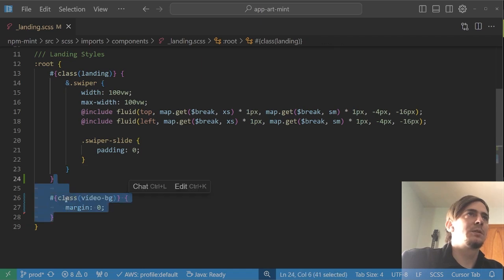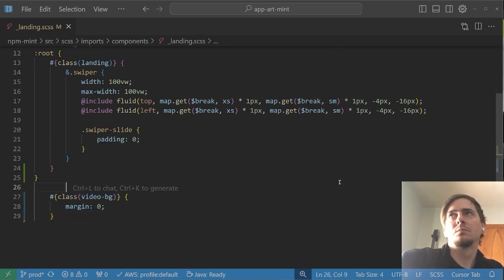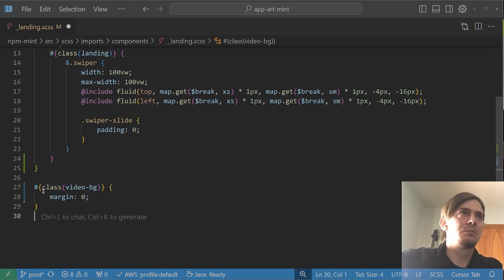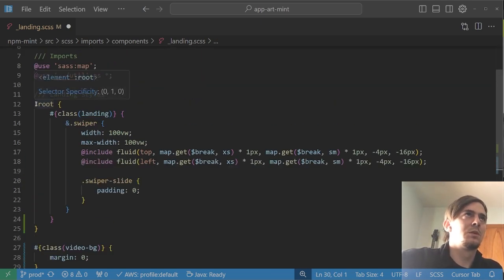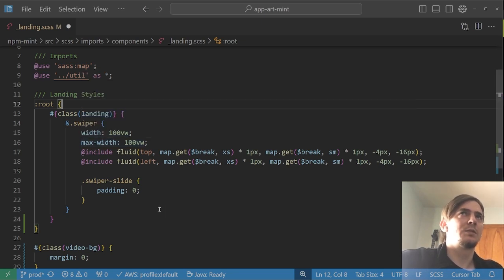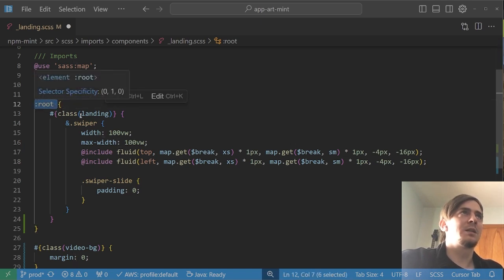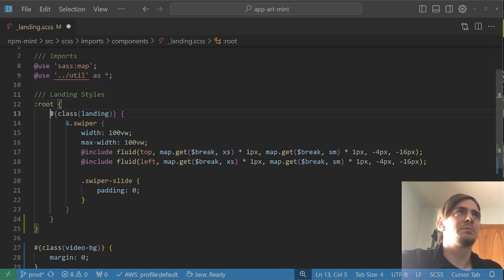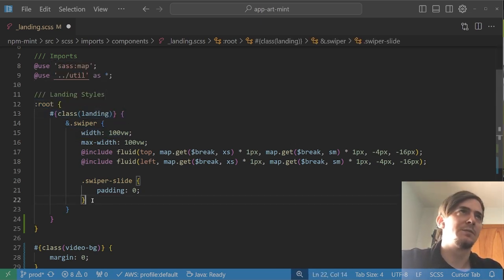Oh wait, you know what I was thinking? This doesn't need to be in the root. Correct. Put this root here to increase the order of whatever precedence or whatever. I don't know the exact term. But basically using nesting in a colon root, or putting colon root space before whatever you're doing in vanilla CSS,